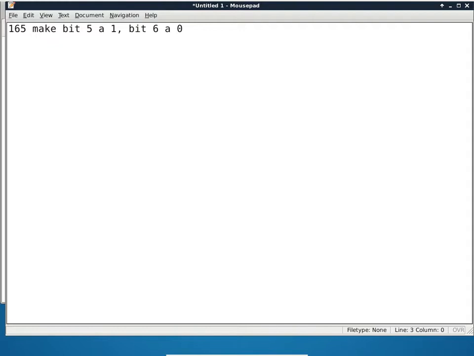So assuming that bit 5 controls one particular motor, and bit 6 is connected to another device on the robot, I want to turn one on and turn the other one off, and as a result, I need to do this. So how do we use bitwise operations to do this? The first thing is you have to convert the number into a binary number, because until we see 165 as a binary number, we don't really know the values of each individual bit. So it's hard to visualize what we need to do and come up with a solution of how to do it. So we'll go ahead and convert 165